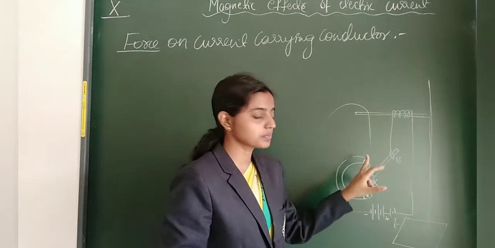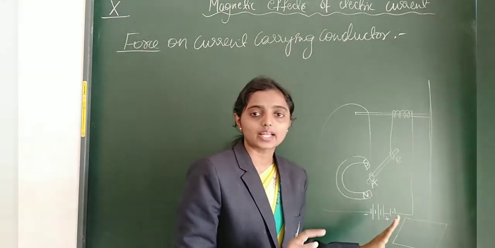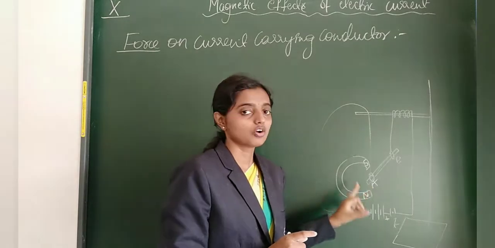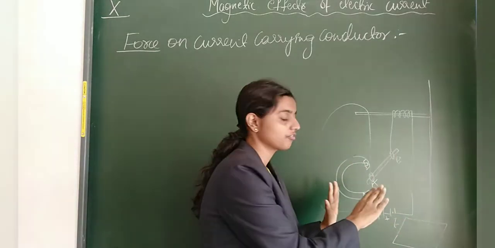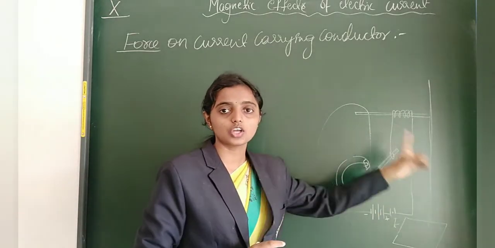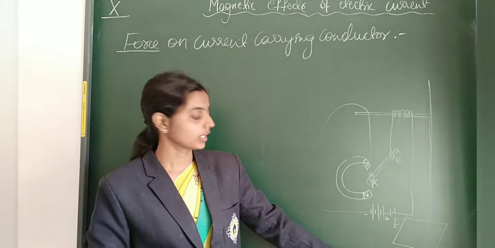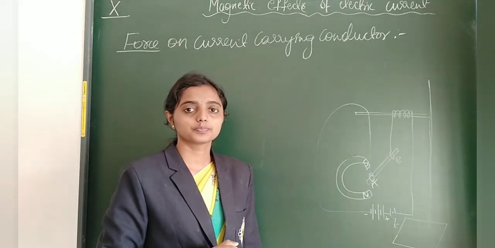So one point we can understand is that by interchanging the battery, the displacement of the rod will also be interchanged. Now this displacement is nothing but force. So along with the magnetic field, we should find the direction of force also. To find the direction of force, we have one more topic. Let us see that one later. I hope you understood how this activity works, right? Now let us look at this clip, to see how it actually works.